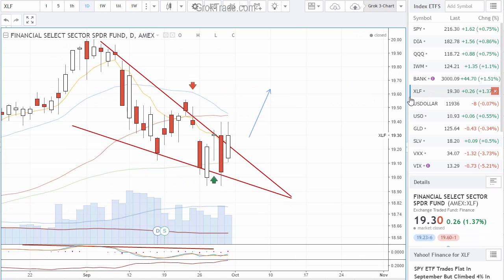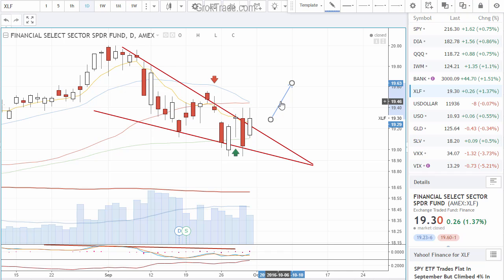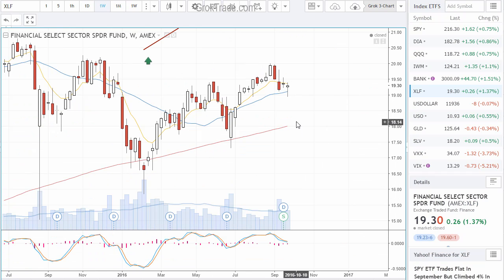Now the financials, this is the ETF on financials. Very important that we look at this. I'm expecting the daily to break out, I said, and it does. Boom. I'm going to get rid of that because it's a falling wedge. I had a buy on that 2 weeks ago, so my buy signal is still good. Very good. So it's popping up. That is a bullish sign for financials to break out like that. If I look here at the weekly chart, another bullish sign that we have is,